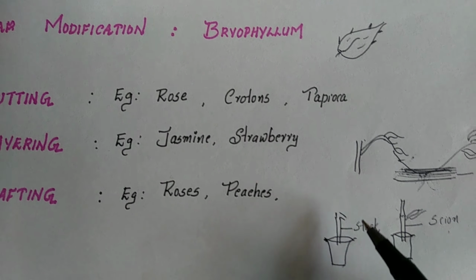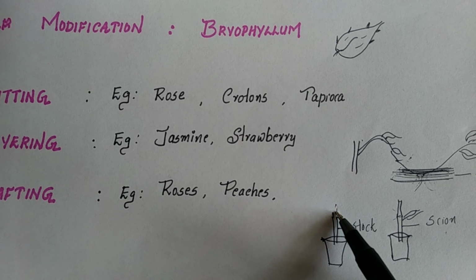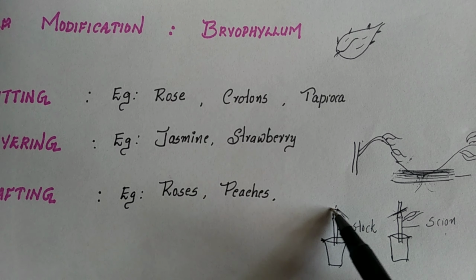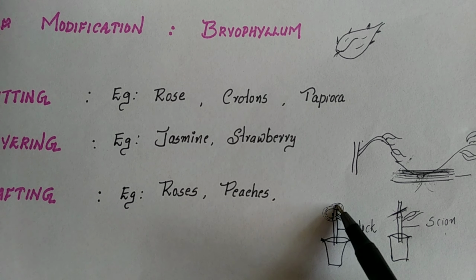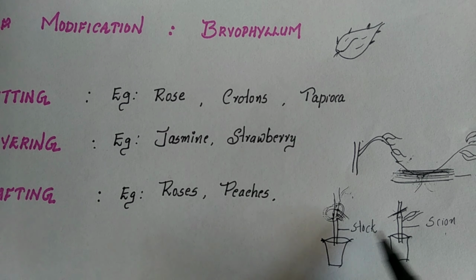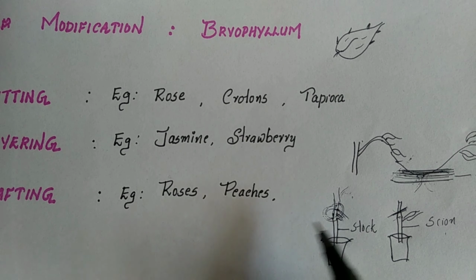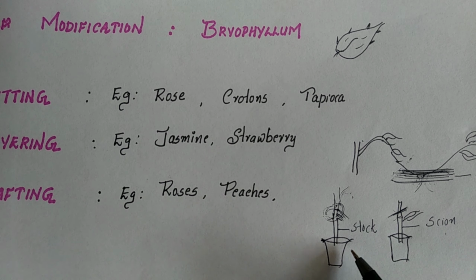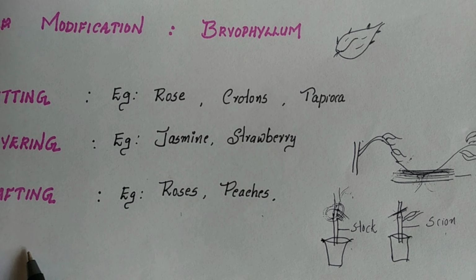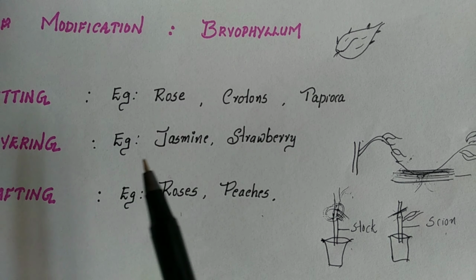This is called the mother plant. So a cut is made here, and the portion which is cut and removed will get attached to this portion. Here it will be tied with proper nutrients, and a thorough covering is made. After a few days we can see that a new branch will start growing from here, which bears a combination of characters of both plants. So this is how the grafting method is applied for plants like roses, peaches, and many other plants that undergo the same grafting technique for artificial vegetative propagation.